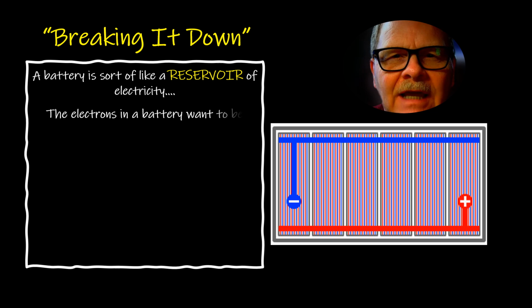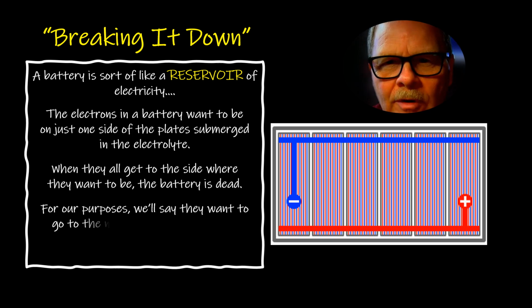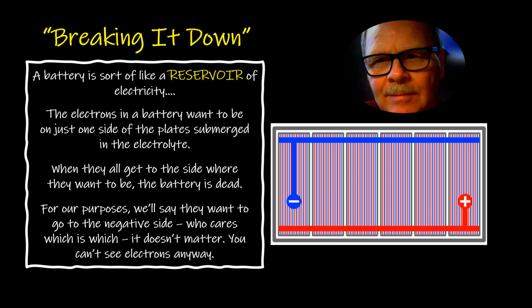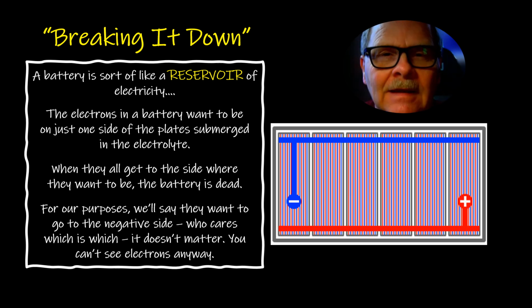Now, a battery's kind of like a reservoir of electricity. The electrons in the battery want to be on just one side of the plates. So when they get all the way to the side where they want to be, the battery's dead. In other words, you can say that current flow is from positive to negative, electron versus whatever. So basically, let's just say that the electrons want to go to the negative side of the plates. Let's just say that, because you can't see them anyway. Okay, so